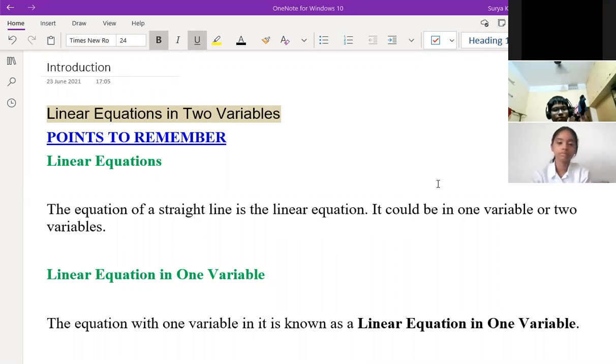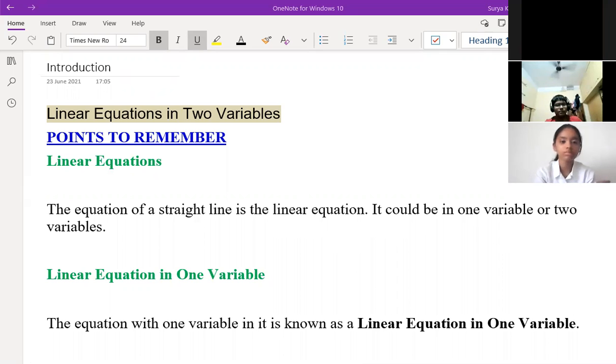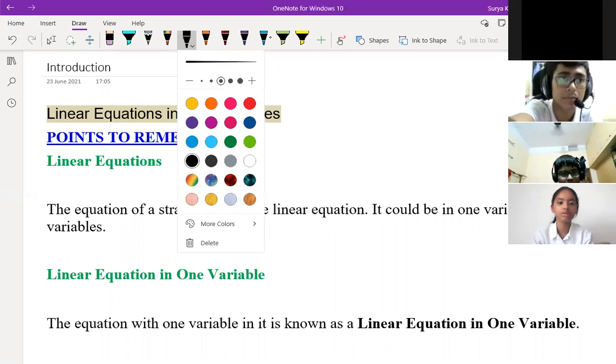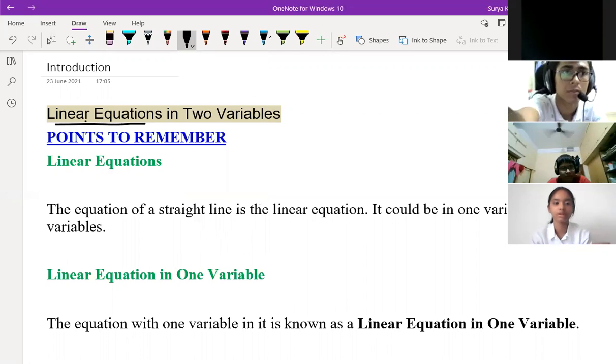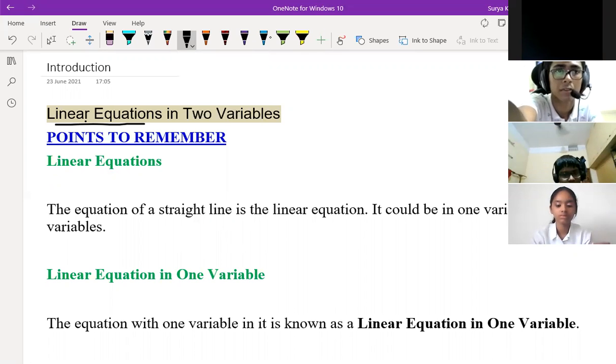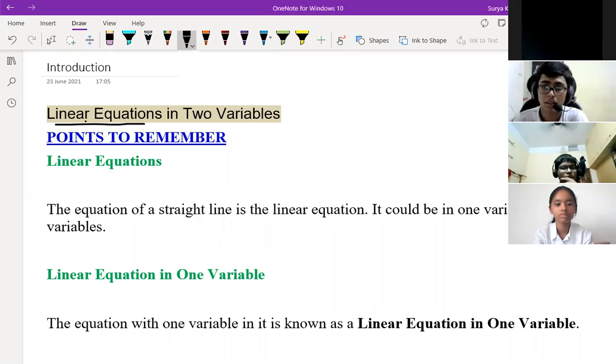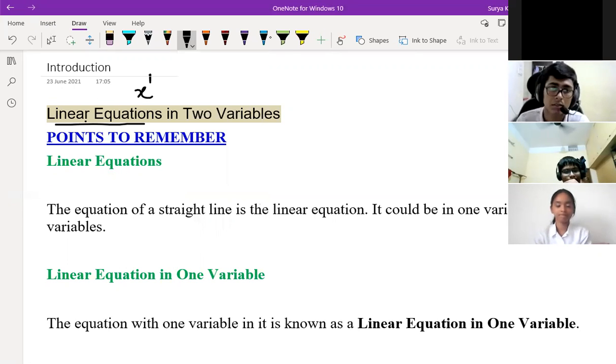So, linear equation. Sriyanvi, tell me, what is a linear equation? Is it an equation with coordinates which makes a straight line? Yeah, coordinates make a straight line. Okay. And what is the maximum exponent of this linear equation? Linear means maximum power what? Maximum power is 1, right? Maximum power of any variable.